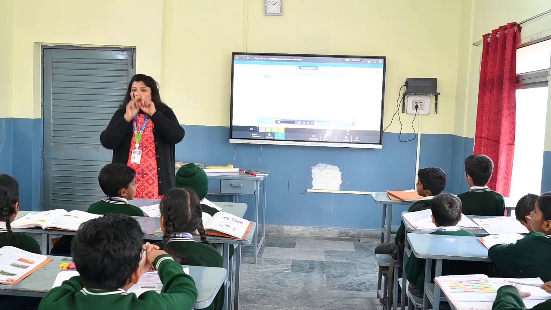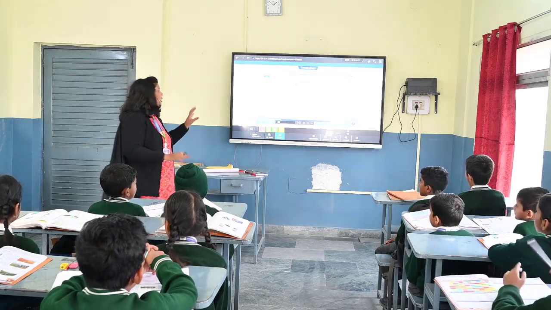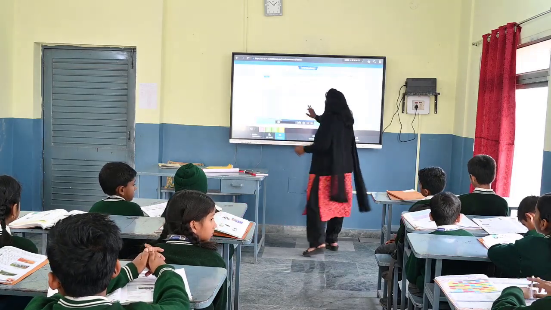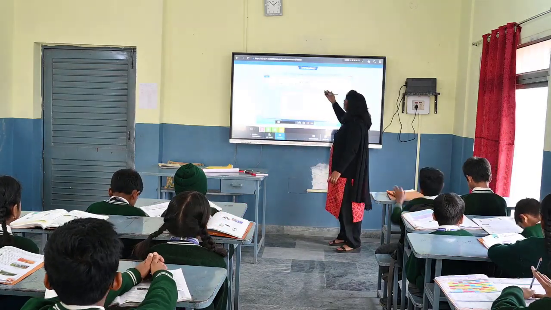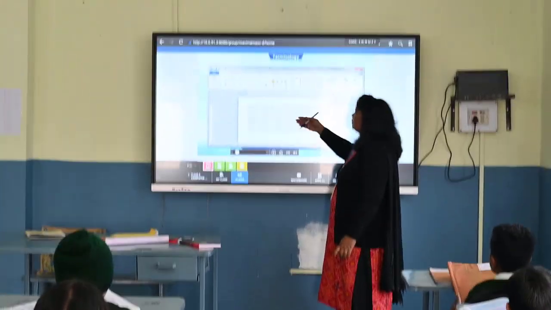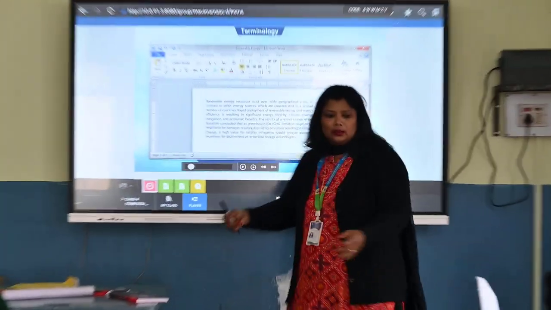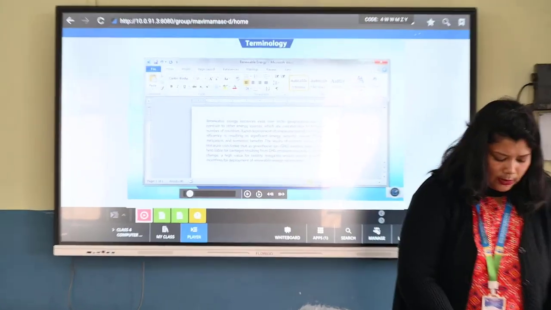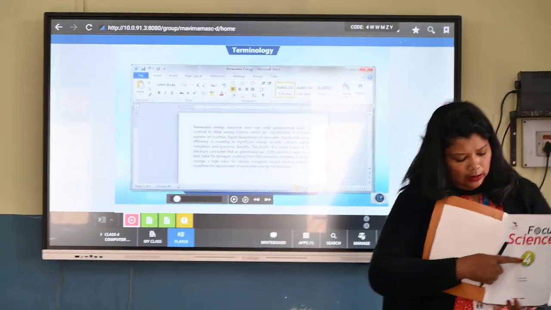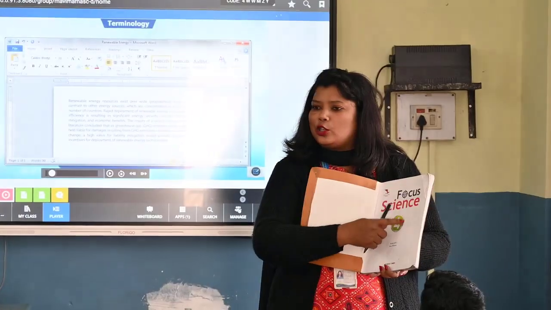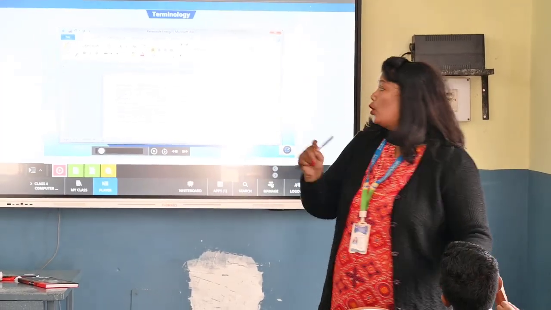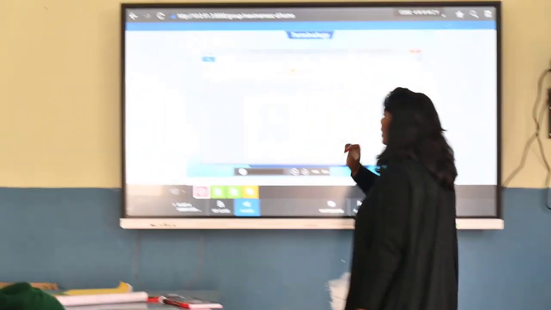Understood? White page. Suppose you don't want the white page, you want to decorate your document. Okay, you want one picture, but it should be behind the text. Behind the text means how the picture is there. Suppose this 4 is there, na? This green color is the picture. Yes, ma'am. And 4 is written on the top. Yes. So this way you want your document. How will you do that? This will be your homework.